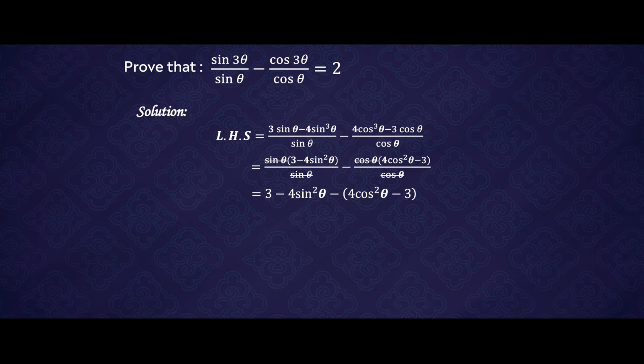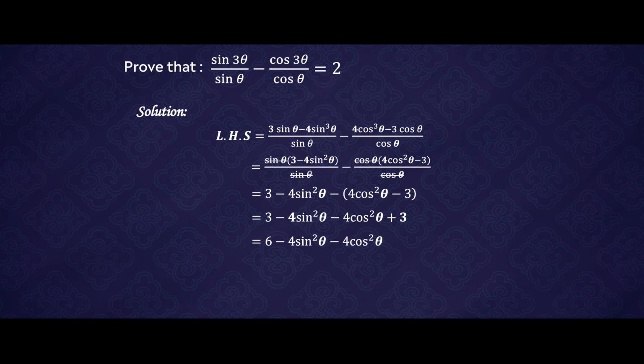Okay? Then now LHS is equal to 3 minus 4 sin square theta, and multiply each term inside the bracket by the negative 1. So which will be minus 4 cos square theta plus 3 here, because negative 1 times negative 3 is positive 3. So LHS is equal to, now 3 plus 3 we have 6 minus,